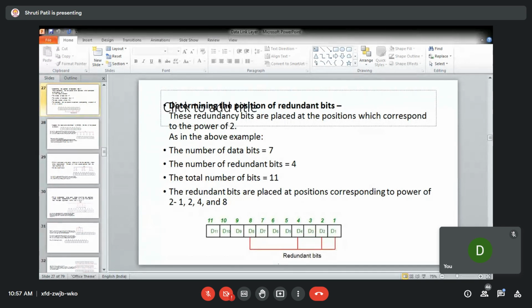So what should be the value? This is 1, 1, 1. How many ones are there? Okay, this is 1. This should not be counted. So this one, and this one.